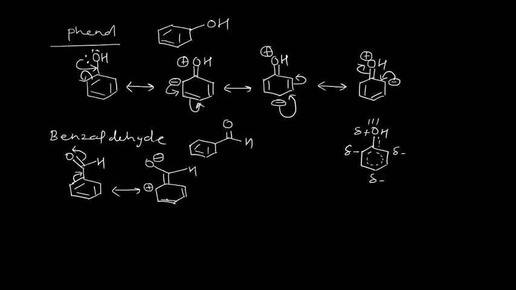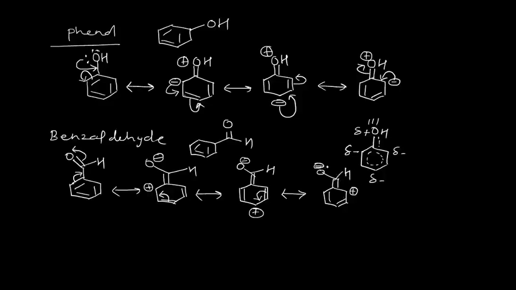Now again this carbon-carbon double bond neutralizes the positive charge here, and we get the formation of a positive charge at this carbon. This is the new carbon-carbon bond formed. Then your C double bond C, then O minus and hydrogen. Again this carbon-carbon double bond neutralizes the positive charge of this carbon. You'll get the generation of a positive charge at this position. Those double bonds will be there, then O minus and H. Now at last your negatively charged oxygen is going to neutralize the positive charge of this carbon, and you will get the structure